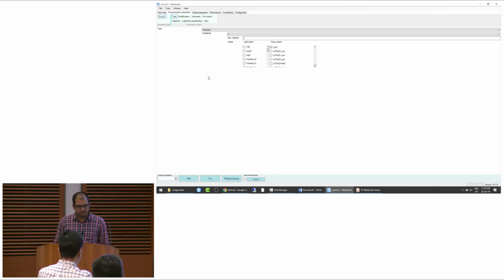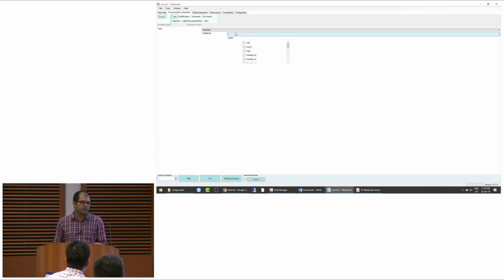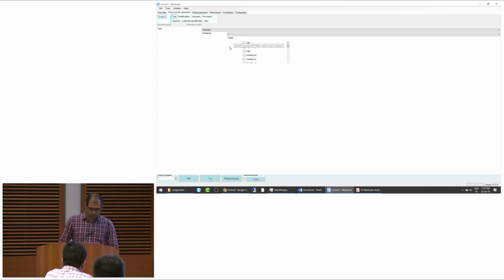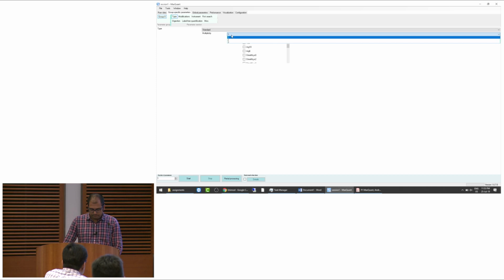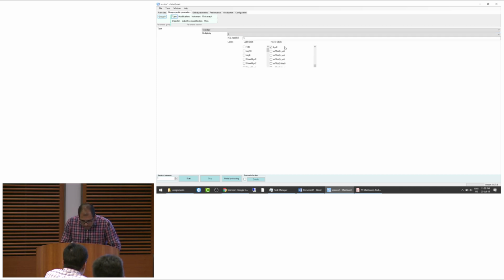It's label free. Okay. This doesn't set that to label free, but for label free, this has to be 1. Right. So this is a SILAC sample, so we set that to 2. Lysine 8 and arginine 10. Right? And then